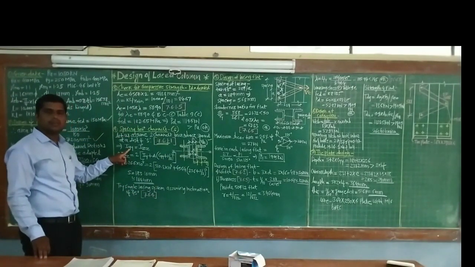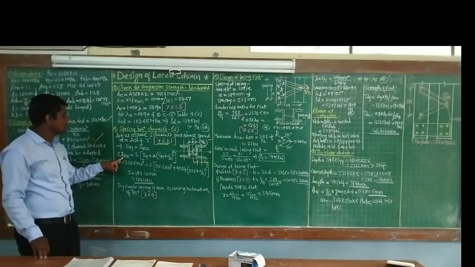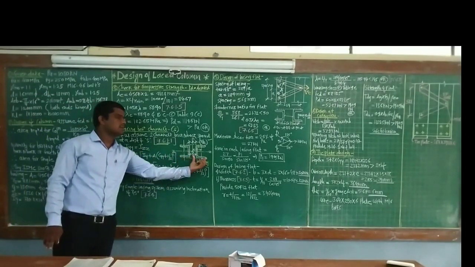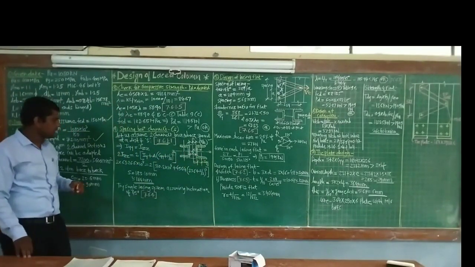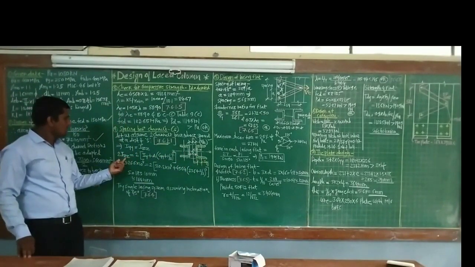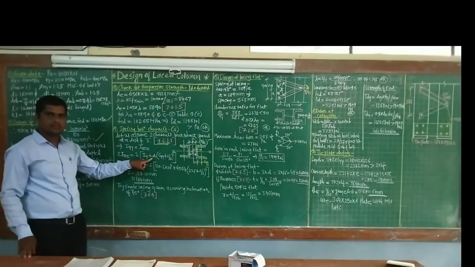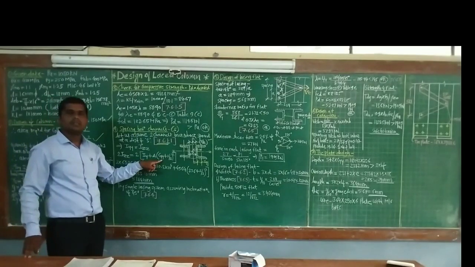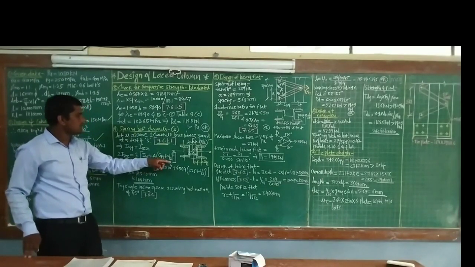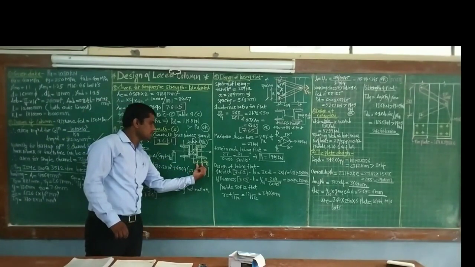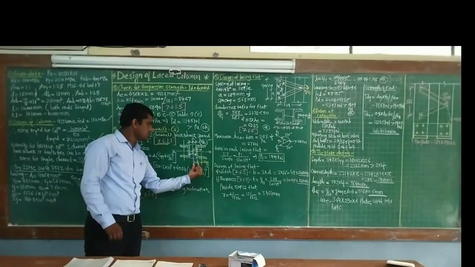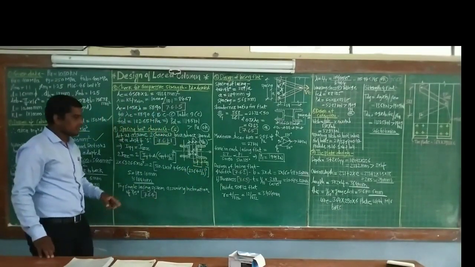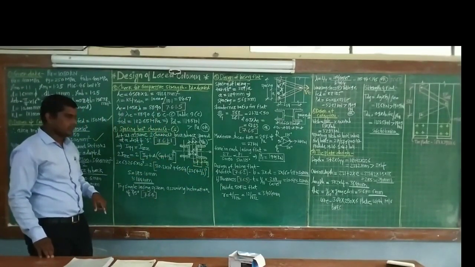Next, using the moment of inertia equation, the moment of inertia about the y axis. Twice of Iz, because we have placed two channel sections back to back. So twice of Iz is equal to Iy, the moment of inertia about the y axis, plus area into the centroidal distance, that is Cy plus S by 2, meaning the Cy distance plus this S by 2. This distance we are going to take as the centroidal distance H, squared.